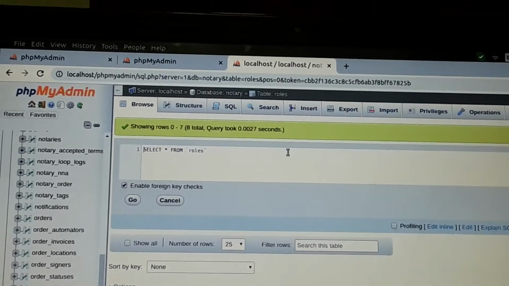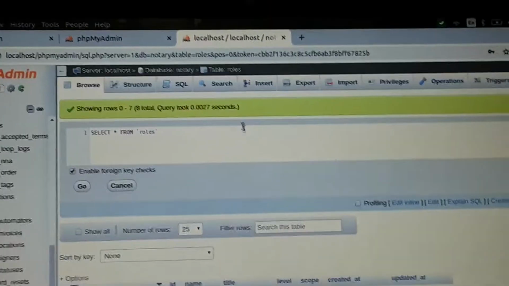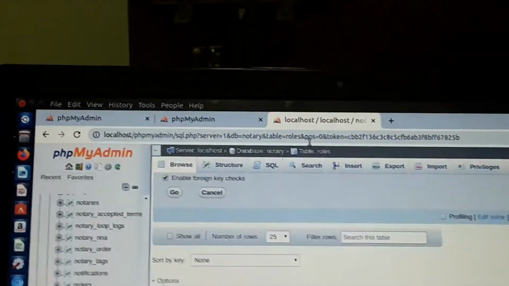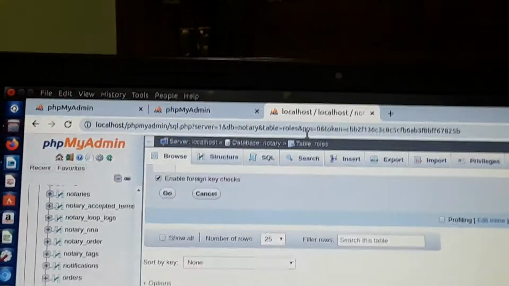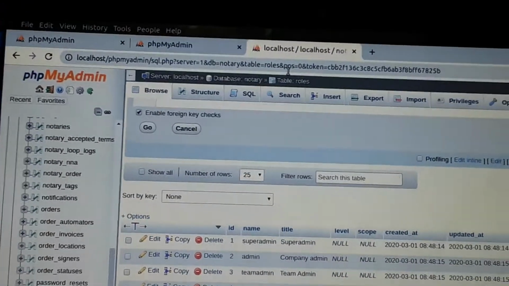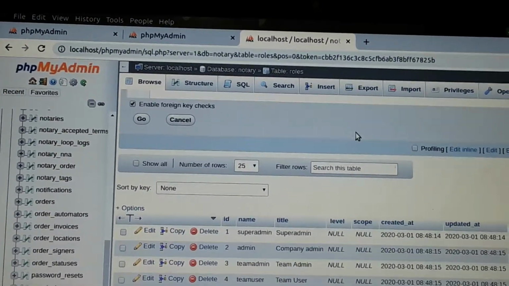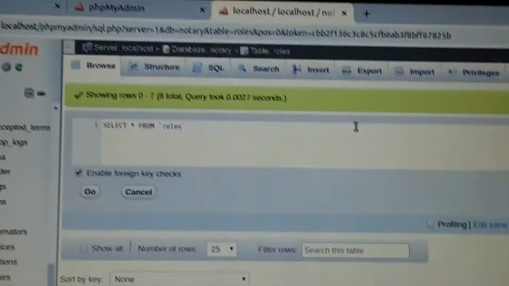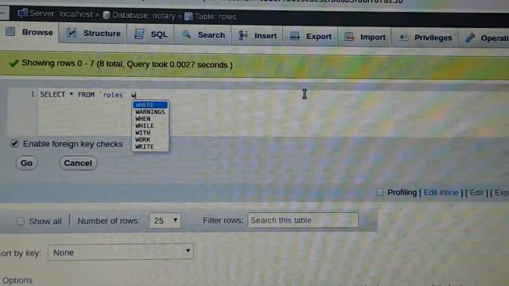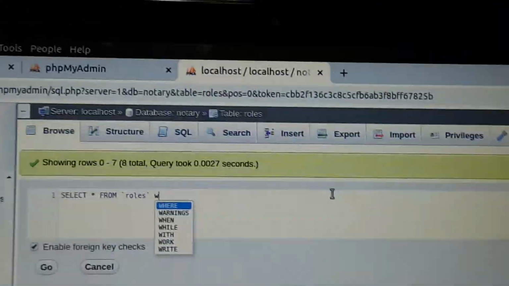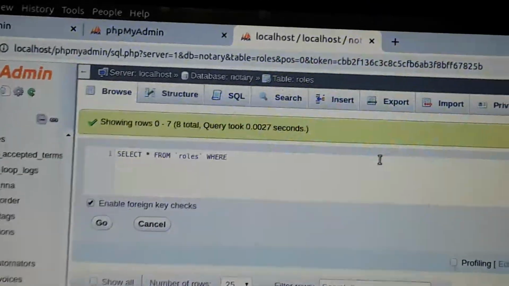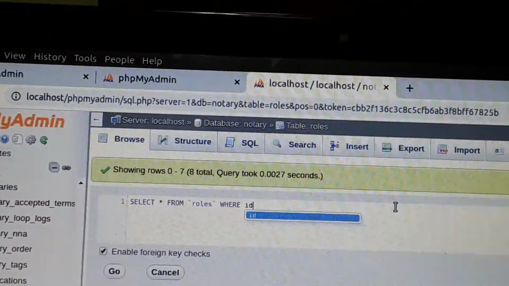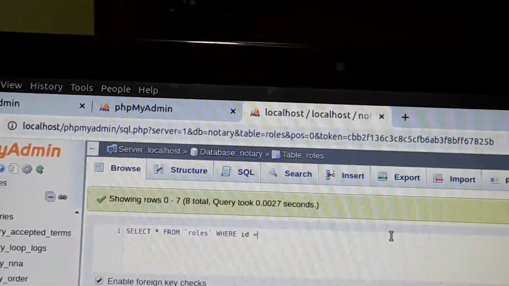If you want to see only the first record, you can write using a where condition. Just write where id is equal to 1.